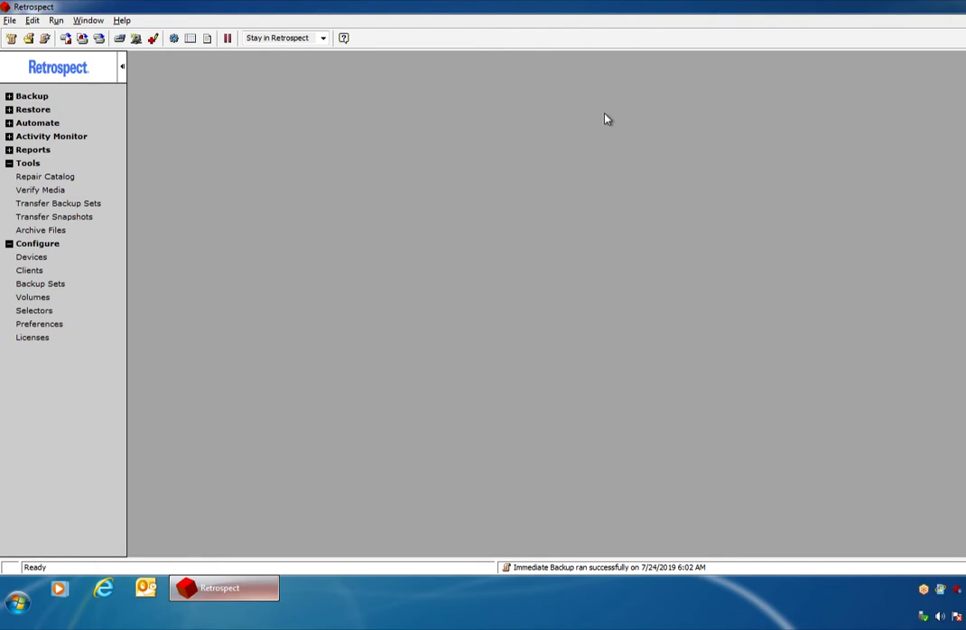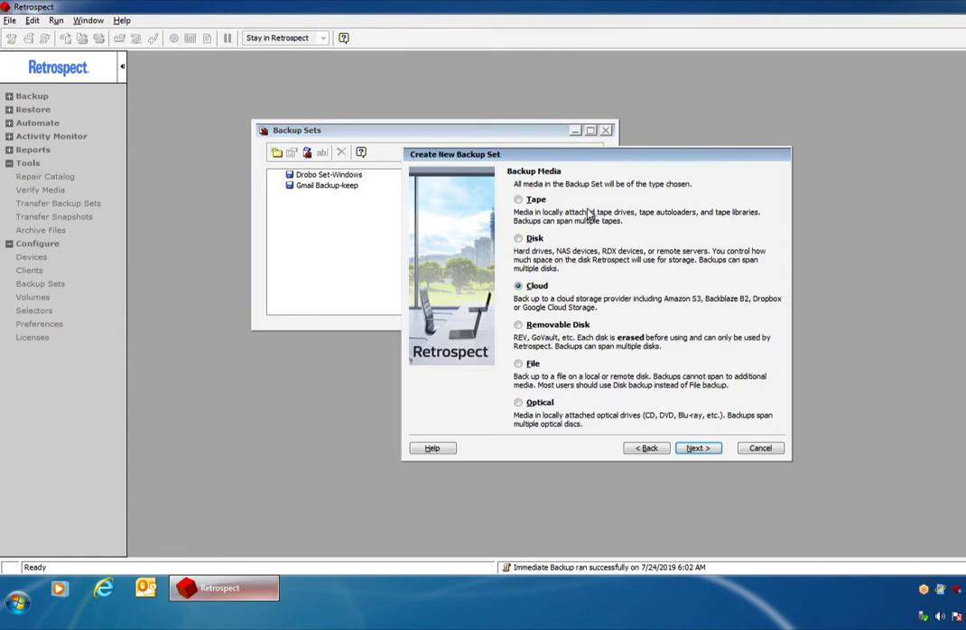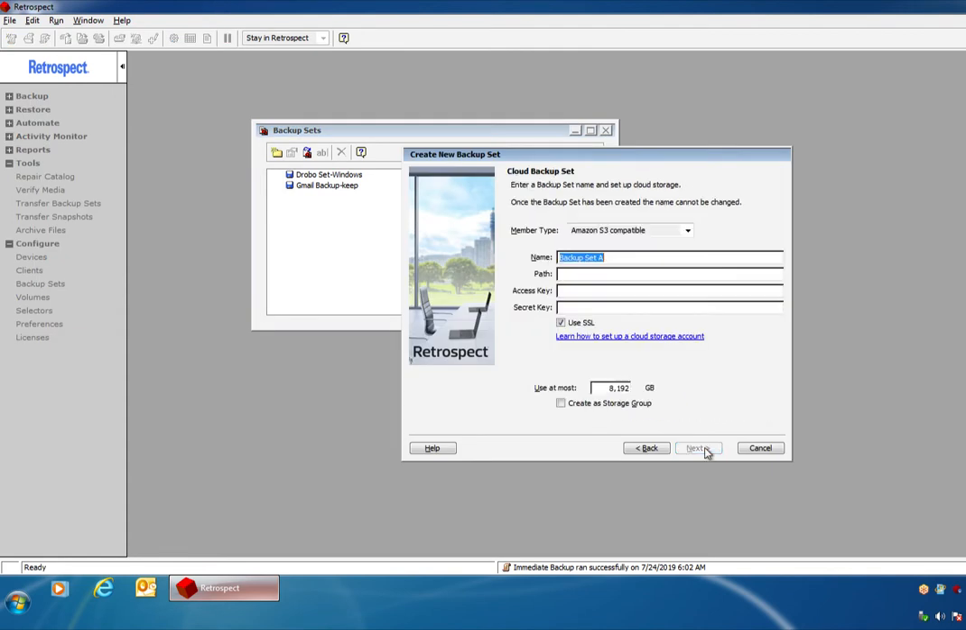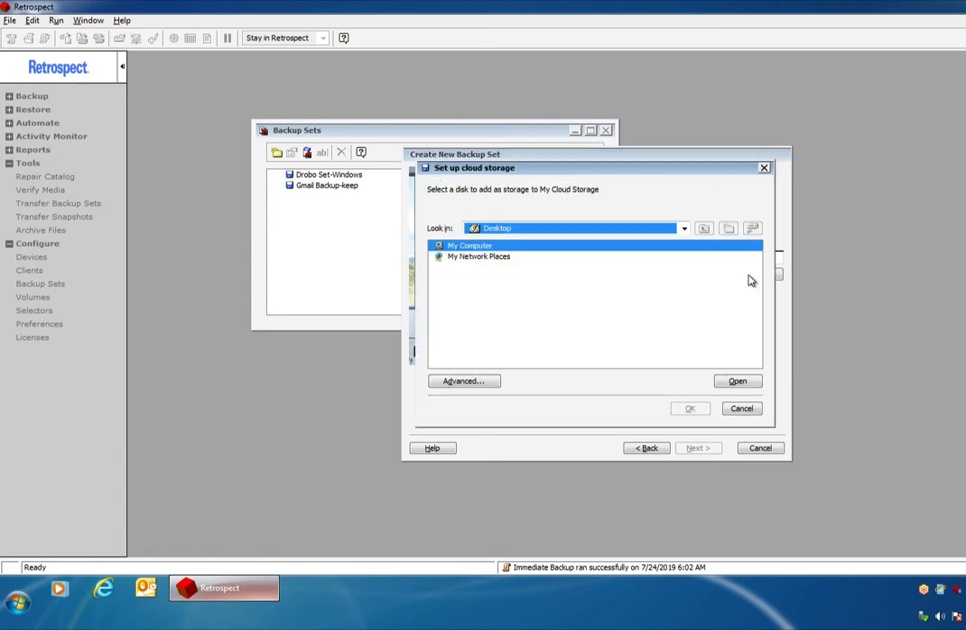To set this up, you would go to Configure and then go to Backup Sets inside Retrospect and click on Create New. And then you would choose Cloud as the type, and then you might give this a name such as My Cloud Storage Device. We'll say My Cloud Storage. And rather than using the option of Amazon S3 or Backblaze, you would choose Local Storage. And then you would select Disk,